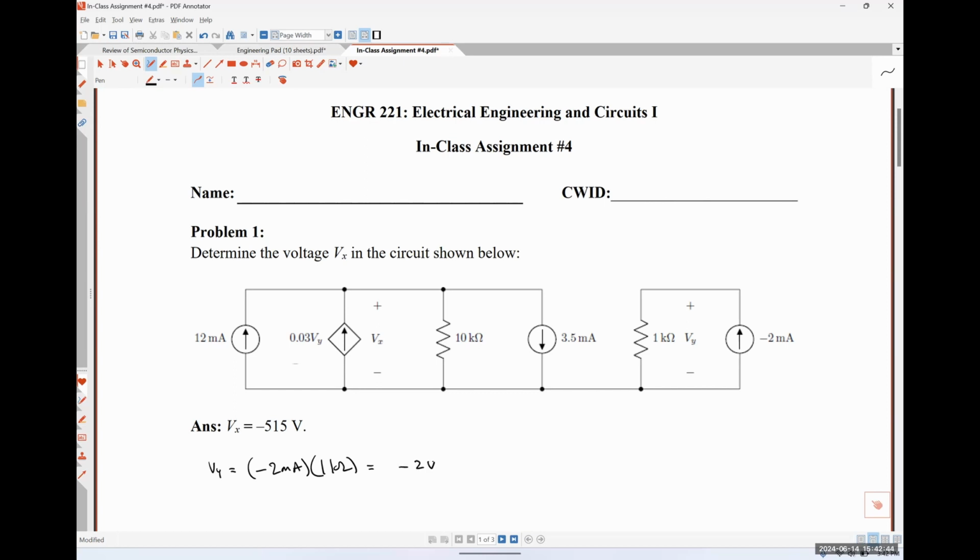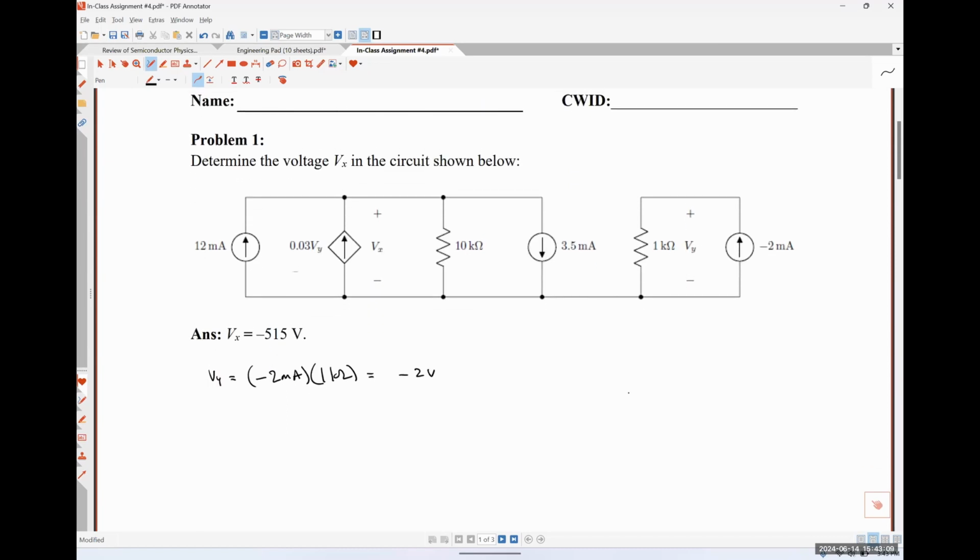Are you sure about the sign there? The current is flowing into the positive terminal. Yep, you're absolutely correct. I was just trying to trip you up. Great job. 100% right. The answer should be -2 volts. Okay. So now that we know what Vy is,